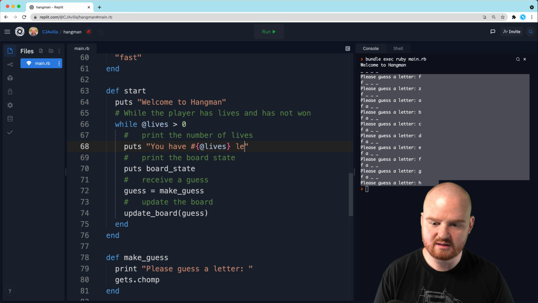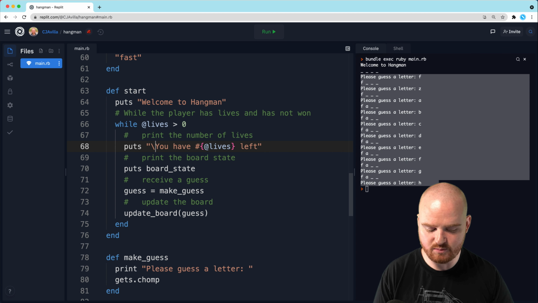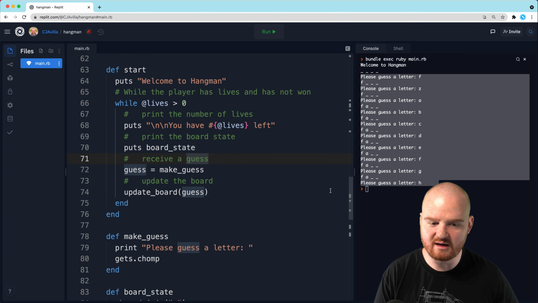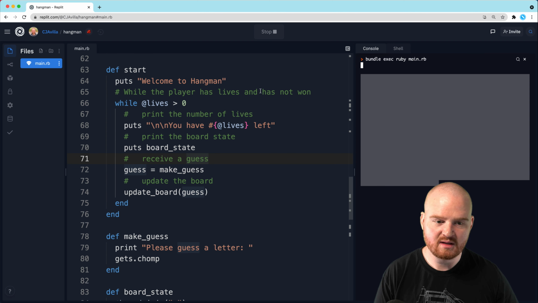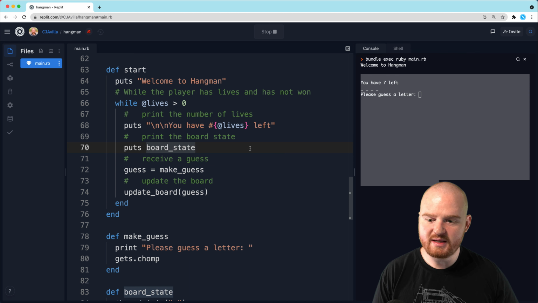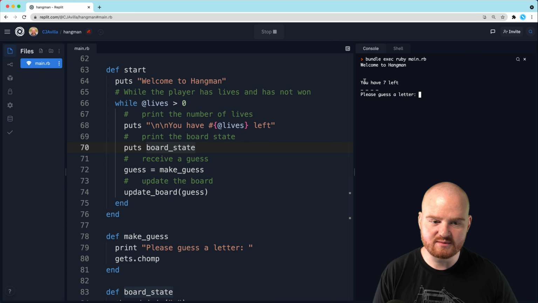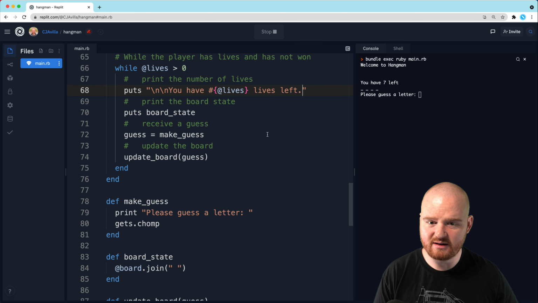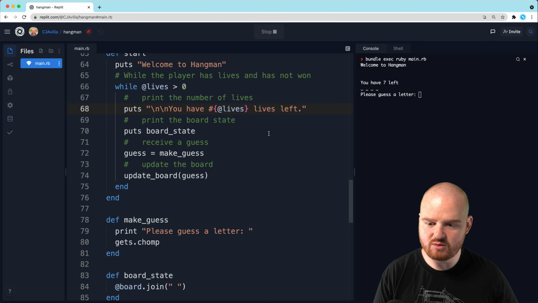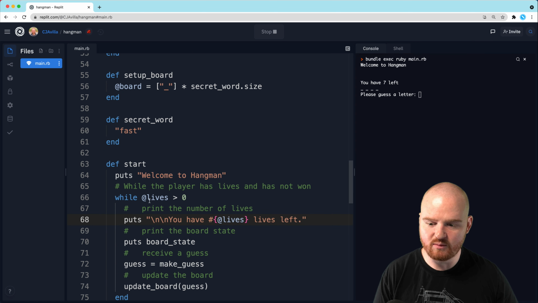@lives left, and then, actually, let's do some new lines before that, so that we can separate each of the lines here as we go. The other piece that we want is, yeah, so you have 7 lives left. Please guess a letter. So the other thing that we want to do, I believe, is improve this